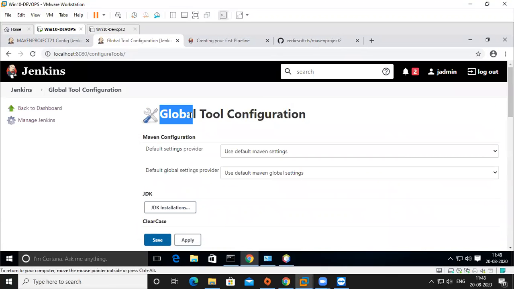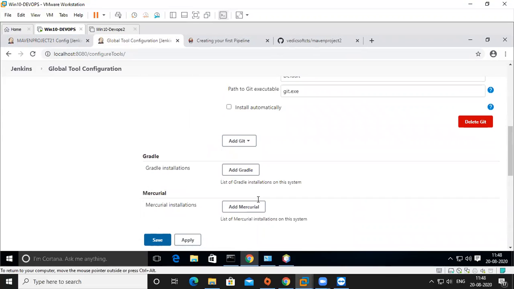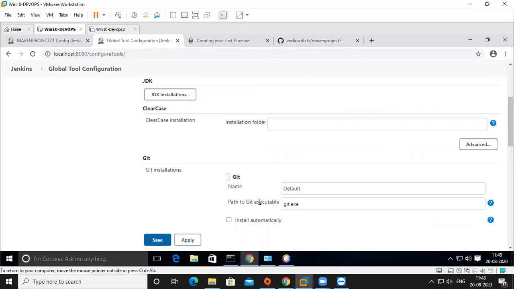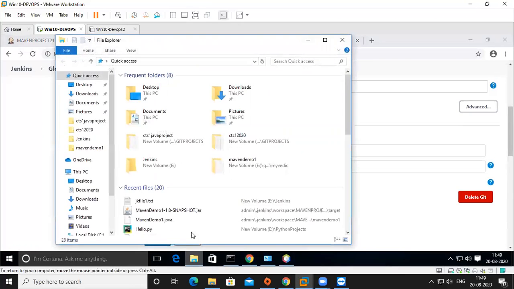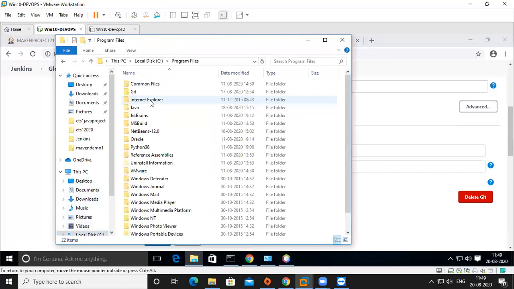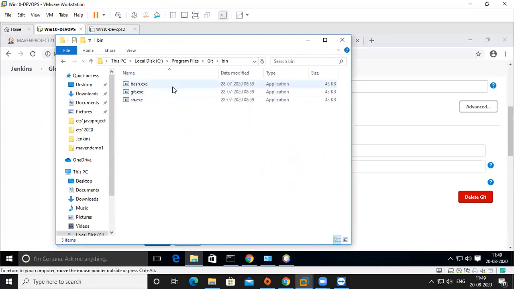In the global configuration, I declare where Maven is. Okay, here I didn't declare Git correctly, but if you want to declare git.exe, find out where your git.exe is. This is Git Bash, Git cmd.exe, right? So you have to give this location, or you can go to bin, where git.exe is.